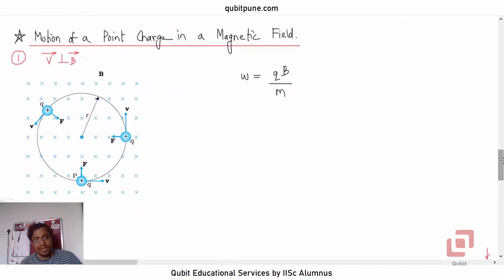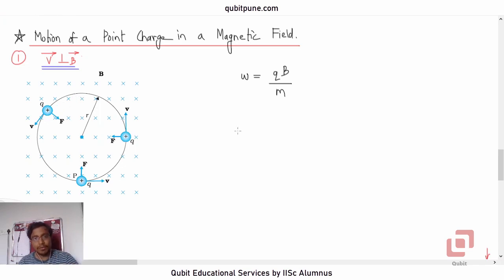Then let us analyze the motion of a point charge in a magnetic field. Again, let's look at this figure where the magnetic field is directed away from us towards the screen. It is uniform, and a charge moving with velocity v bar perpendicular to B bar. Initially there is no acceleration for the charge, but it has a velocity v bar, and it enters this field with its velocity being perpendicular to B. What will happen? The charge will start following a circular trajectory.